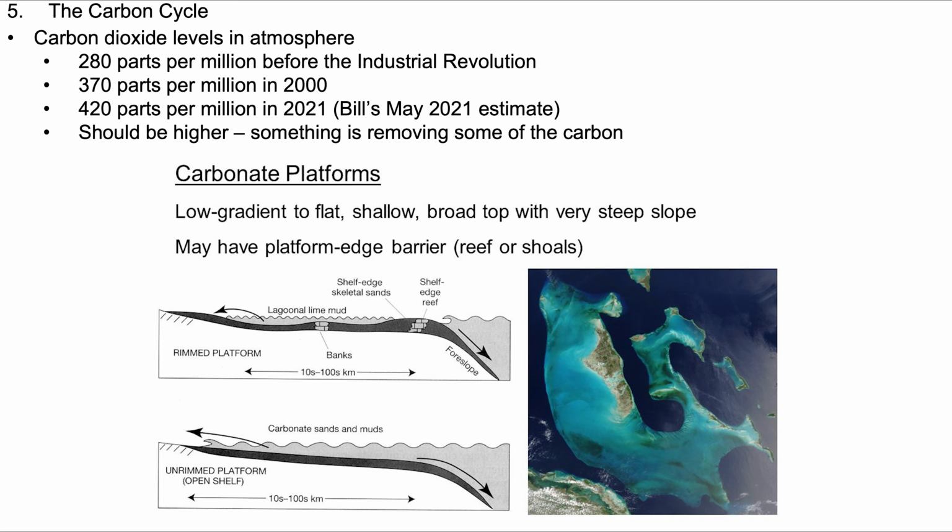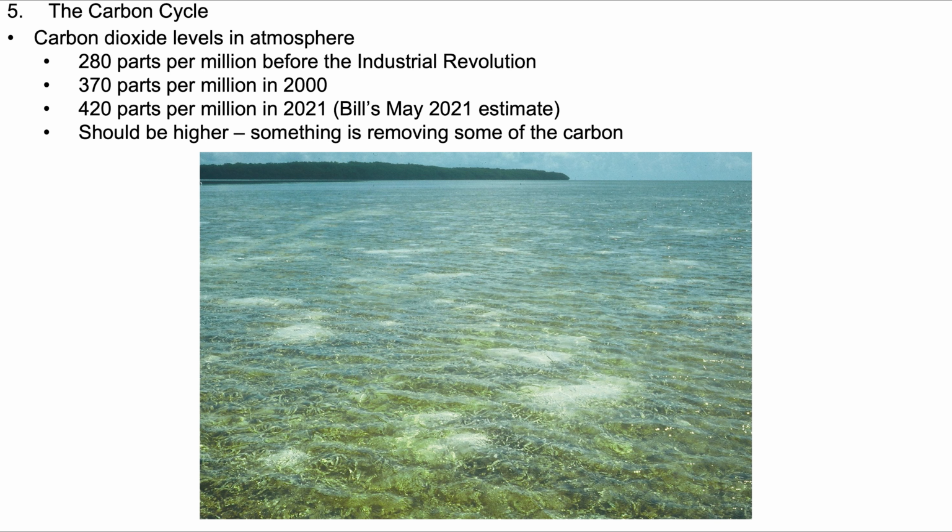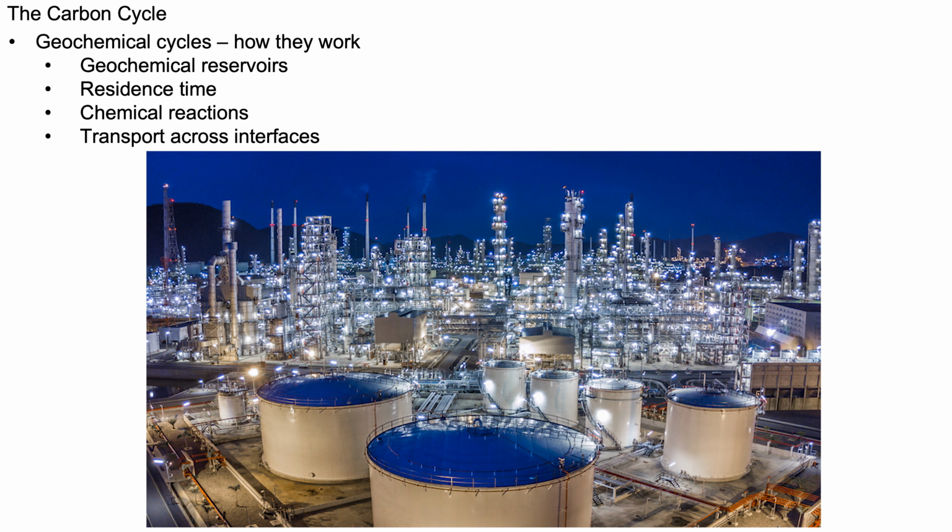It turns out a lot of it is probably going into shallow seawater, and once it reaches pore fluids, the water between the little grains of carbonate material that make up the white sands of the beach and the white sediment offshore, it dissolves that calcium carbonate. So we're dissolving calcium carbonate to remove some of the CO2 from the atmosphere. Eventually we're going to hit a limit on that. The brakes are going to be applied and the ocean's no longer going to be able to take up this extra CO2. So this brings us to geochemical cycles and the way they work.